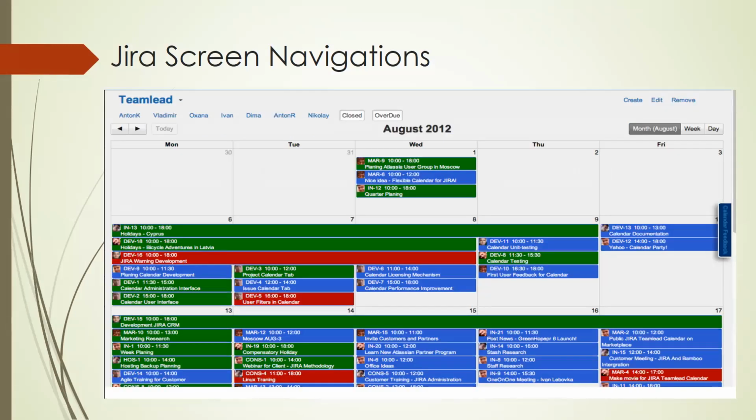Same thing if I have to look at a different aspect, per day, not the week, per day, Monday through Friday. There are a lot of activities happening for these people who are working for any of the client or the project. If you can see, bicycle adventure in Lambia, and he's on a holiday. Then Jira warning development, there is something happening which has to be alerted. I mean, it has to trigger an alert where a team will get to know